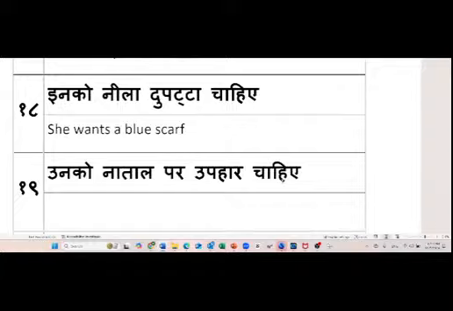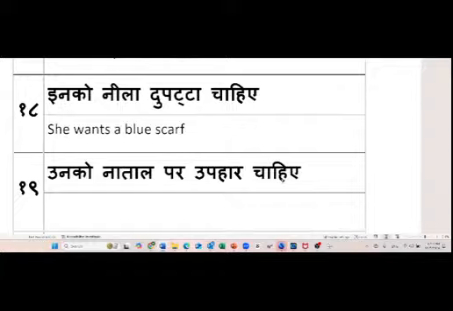Close to us? And what do you call a person who's far away from us? What would you use for a person who's far away from us? Cool. Unko. Unko is far and inko is close. So in this case, we probably are talking about...